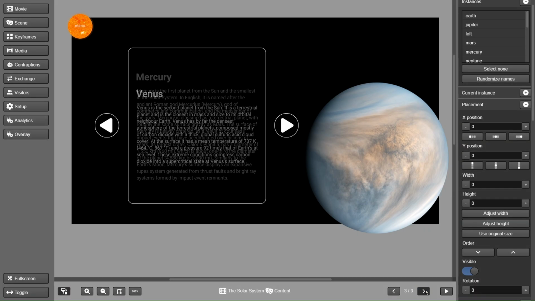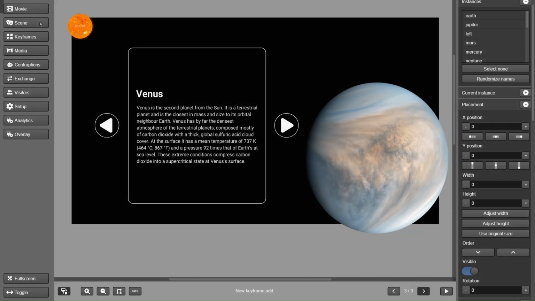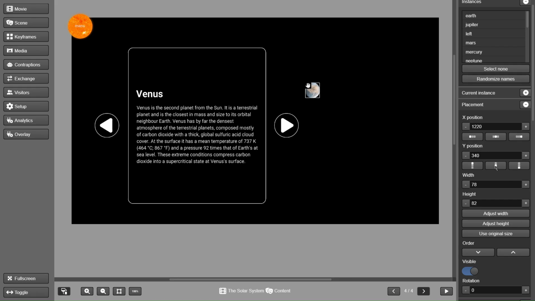Creating the keyframes for the other planets will follow the same principles as we have done so far. First, go to the last keyframe, add a new one, add the new text, change the instance, create the navigation snippet and assign the actions to the black sun, interface and the arrow buttons. The values for the size and position of the planets are in the description of this video.